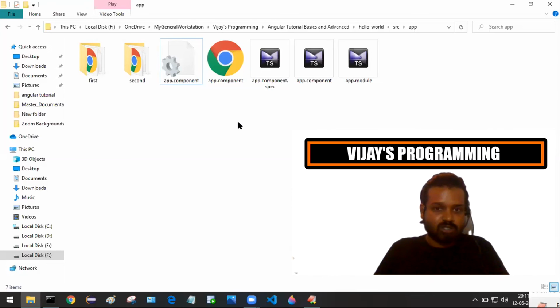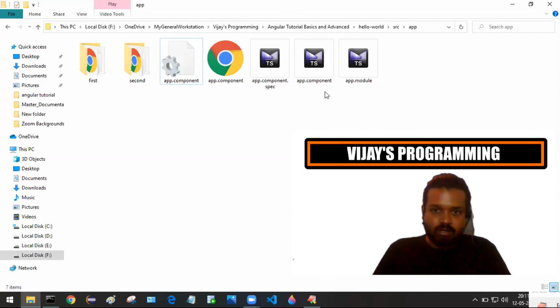Whatever the message we are having, we have declared it by using string interpolation syntax in the second.component.html file, and we have defined the style for that message in the second.component.css file, right?